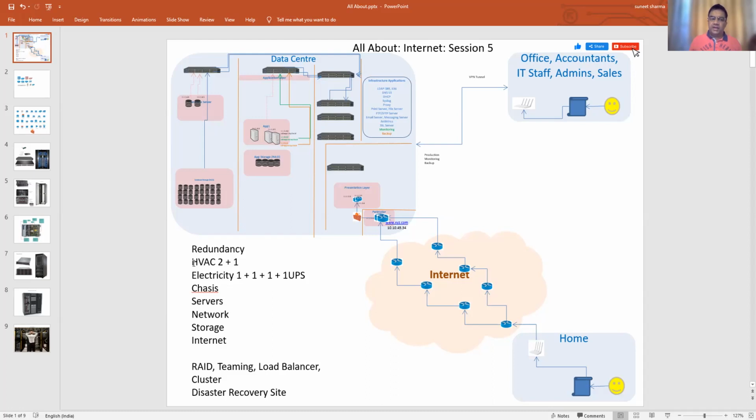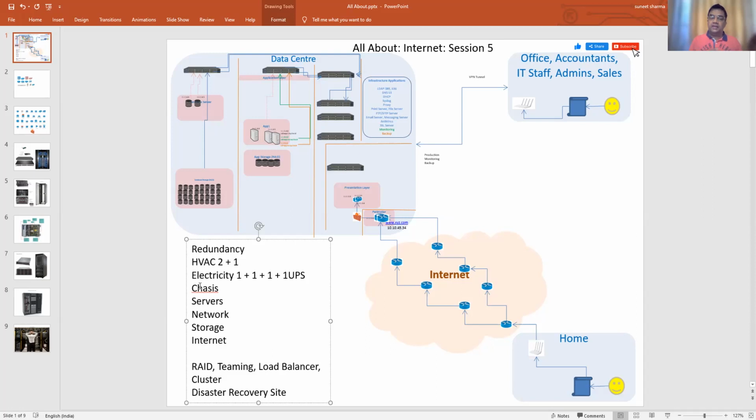Right, so we know that there are the heating, ventilation and air conditioning systems, which are required to keep the data center cool and circulate the air. Then there are electrical components versus electricity backup systems. So we will have multiple sources of electricity, right? The chassis is there in the server racks, where servers are mounted. It has its own mechanism of handling the